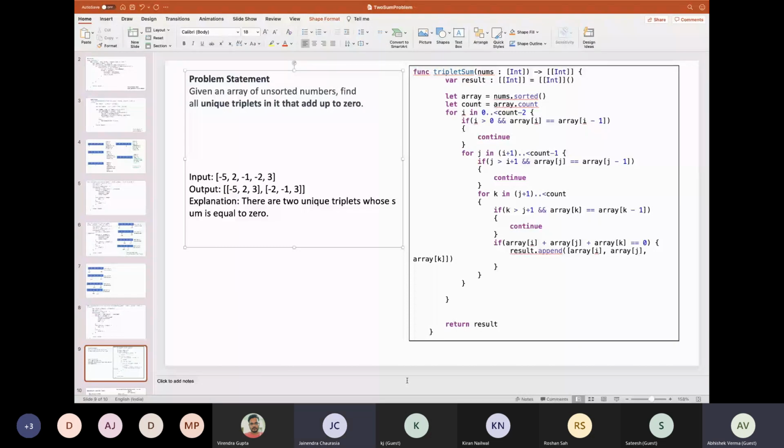Abhishek: the initial solution is to begin with three loops, and by doing the sum, it can be sorted out. Yes, but the complexity will be n cube, big O of n cube.